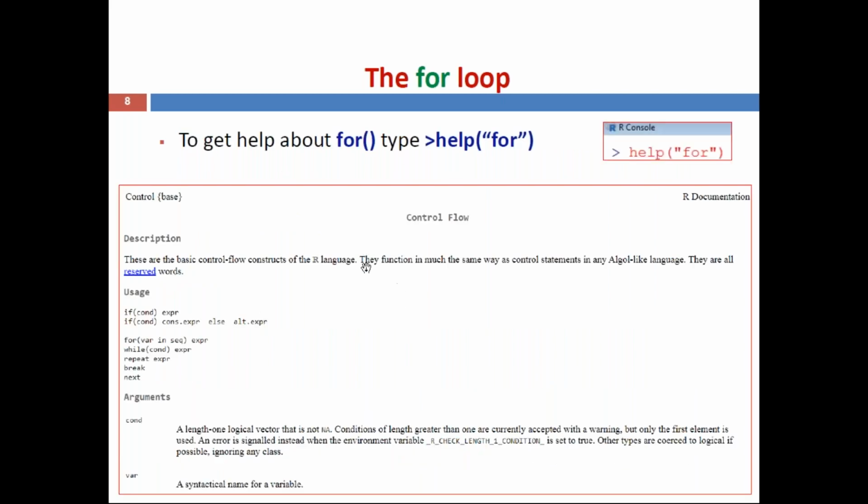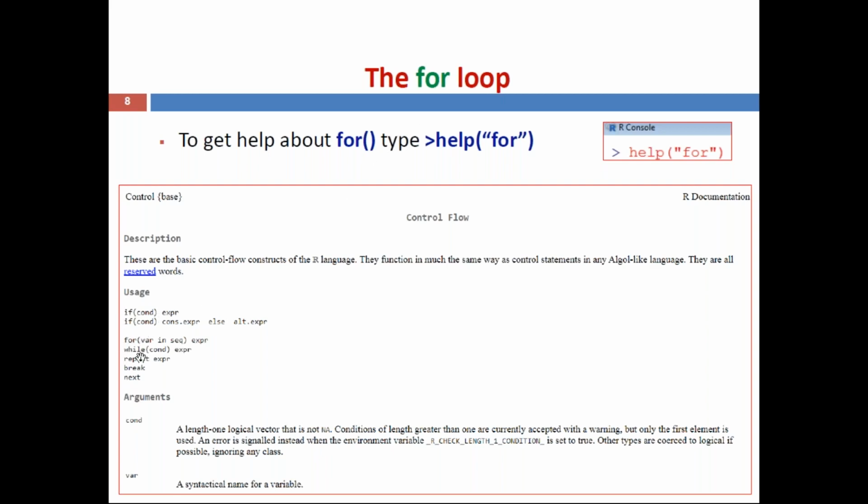Now we'll see help about the for loop. We want to know more about the help related to the for loop. By using the help command, we can type in our R software help within brackets with double quotes for the keyword for. Then it directs to the HTML page where the documentation regarding the for loop is available. Whenever you run this, this page is displayed. Now you can see this is a combination of not only the for loop, all control structures are there.